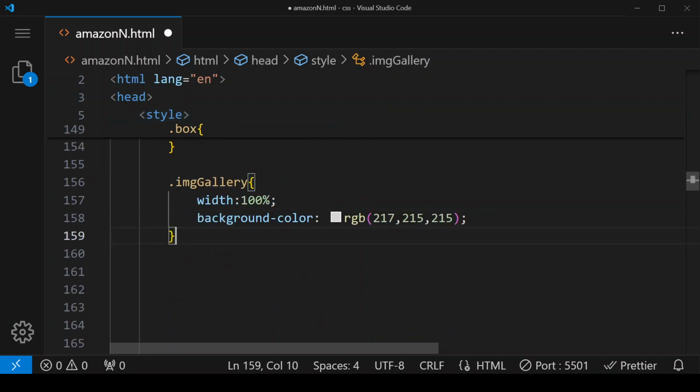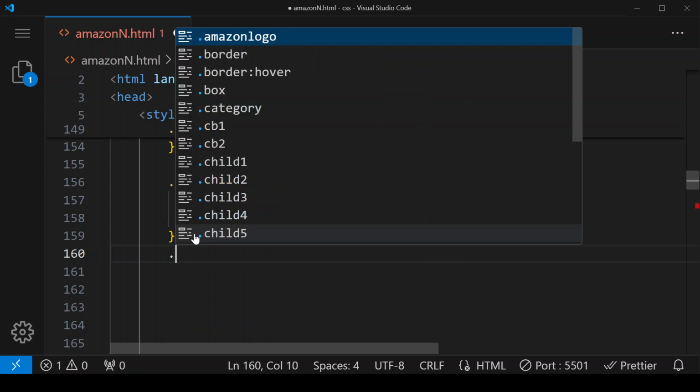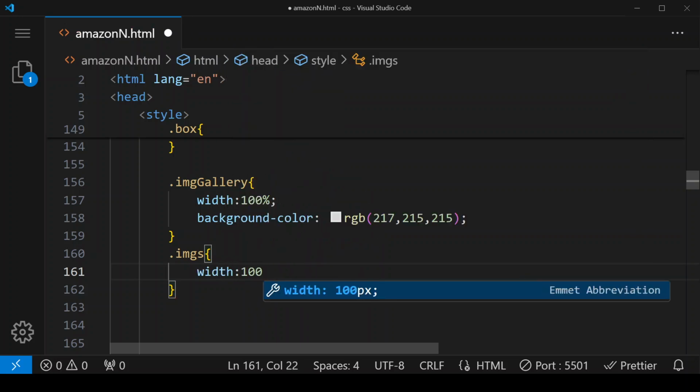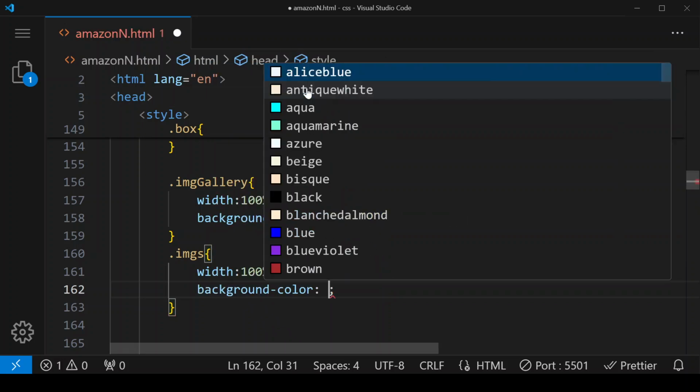Now we have to design the second class, that is imgs. Now we have to set its width. Here I'm setting its width to be 100%. Background color should be white.